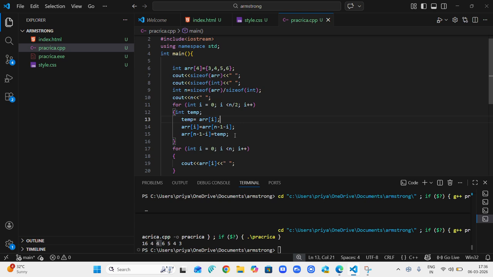You have to apply your brain over here to see how I got this n minus 1 minus I logic. See how I got it. It's 0. When it is 0, I want the third element. So 4 minus 1 will always be there. N minus 1 is always going to exist, and it needs to be changed as it goes to the other indices, for the first index. So 4 minus 1 minus 0. Now the third element gets stored over here, and I really wanted that only.